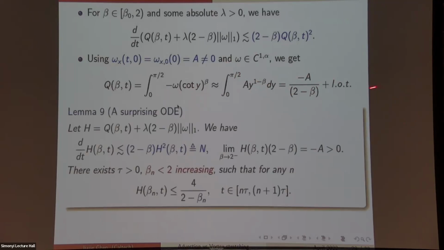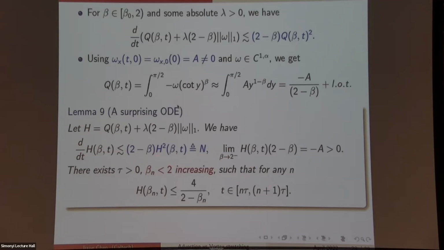Now, combining all of this, we can close the estimate for the energy H. It satisfies this estimate, and also this asymptotics. Usually, if you have the linear term, we can only control the energy for a short term. But now the specialty of all of these estimates is that, thanks to this small parameter 2 minus beta and this